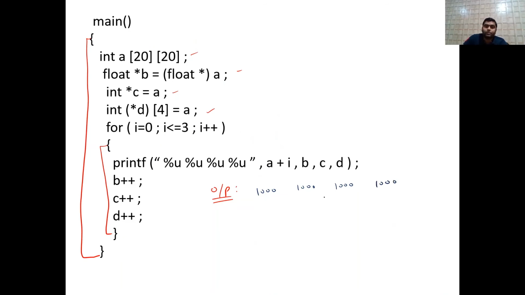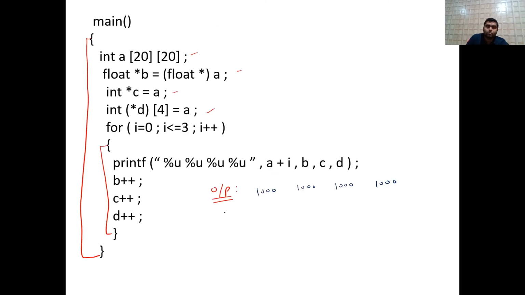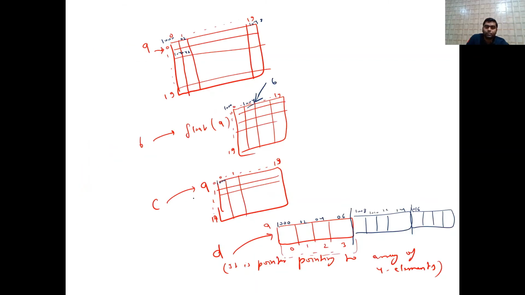Now observe very carefully. Now we are increasing B. So B plus plus. What is B plus plus? B plus plus means B will point to the next element. So what is the next element? B will move to this particular place. It is 1000 and B. So now this is B. B will become 1000. And C plus plus? C will be incremented. So C is again like this. So this is C.